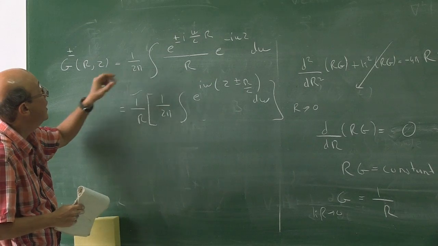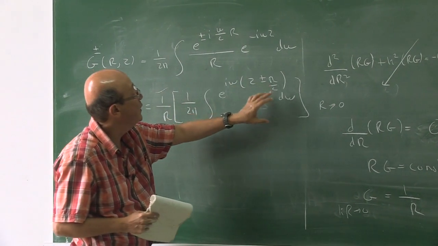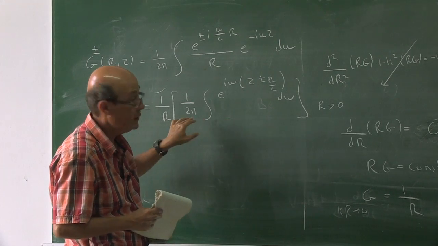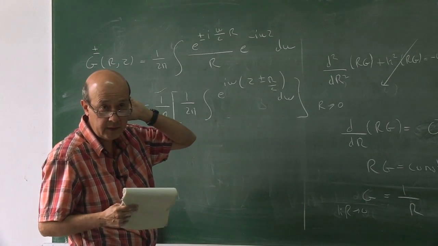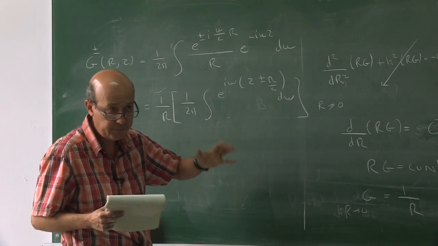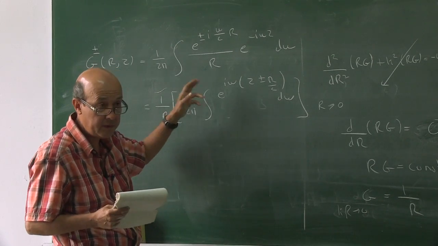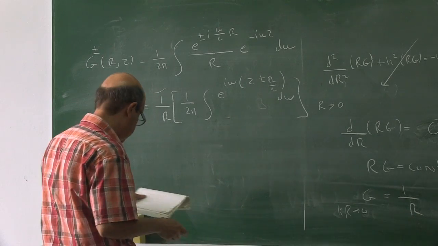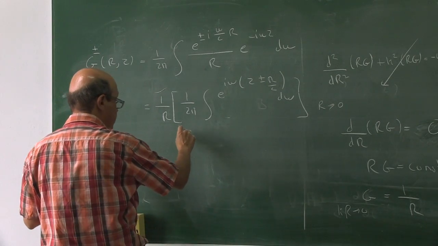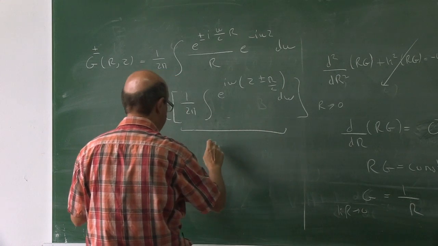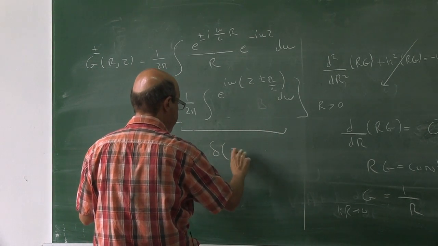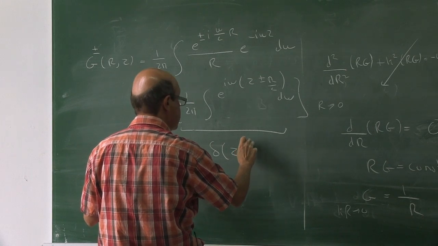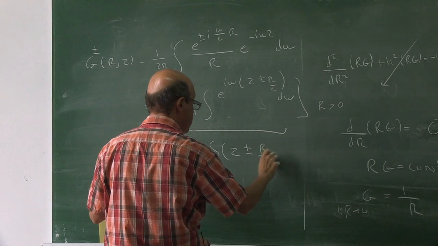So take this 1 over R outside and you end up with this one, and you know this integral, from minus infinity to plus infinity. This is the delta function, the definition of the delta function. So that term is equal to delta of tau plus minus R over c,